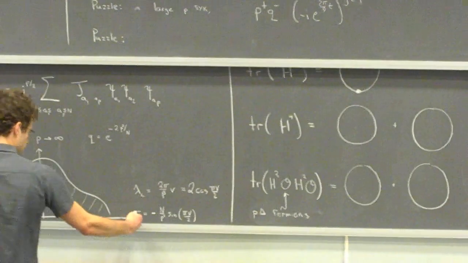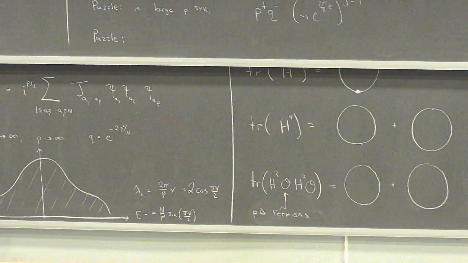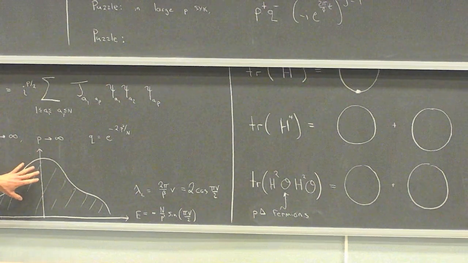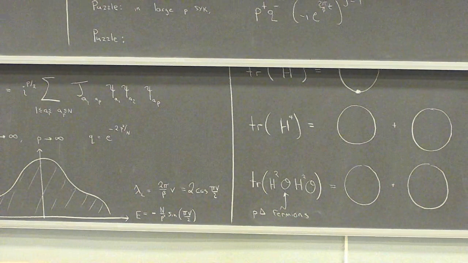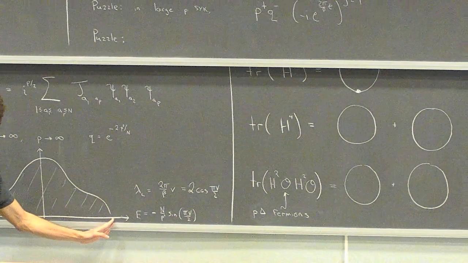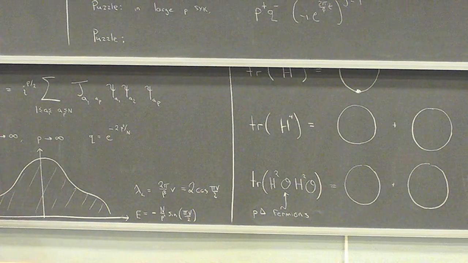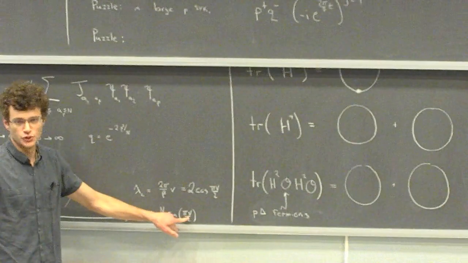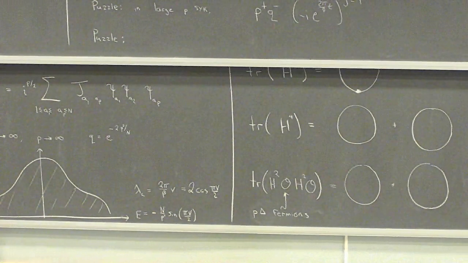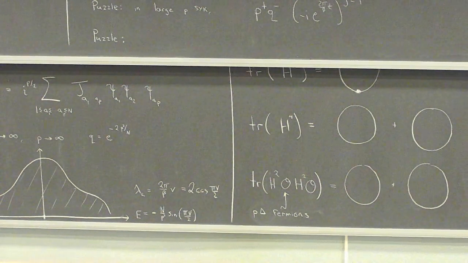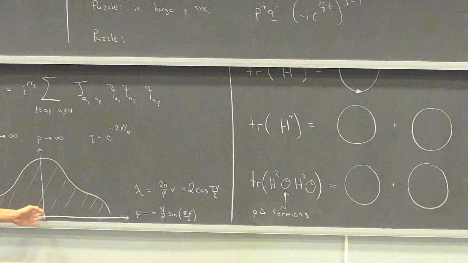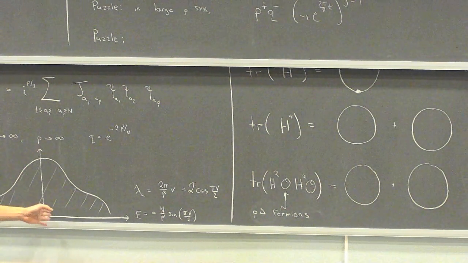So here I've sketched for you the energy. The x-axis is the range of energies, and the y-axis is the density of states. Just sort of a cartoon of what it looks like. And the energies range from minus n over p squared up to plus n over p squared. You can write it as minus n over p squared times sine of pi v over 2, where we've invented some parameter v. So v equals 1 is down here, and v equals 0 is in the middle here. Low energies correspond to v equals 1, and zero energies, which is like very high temperature, infinite temperature, correspond to v equals 0.